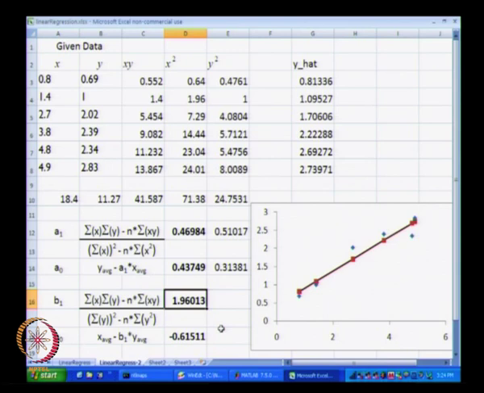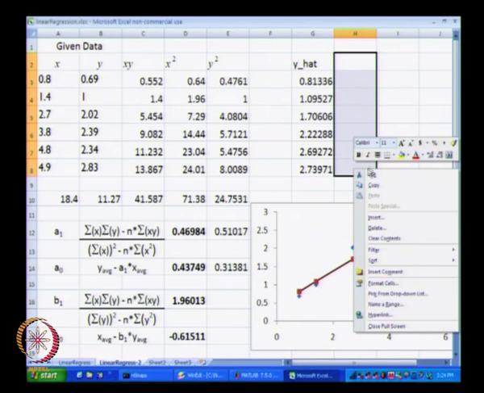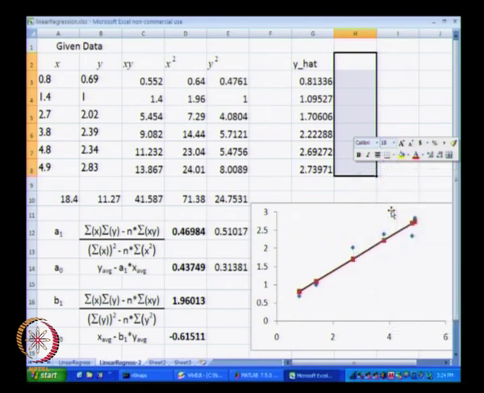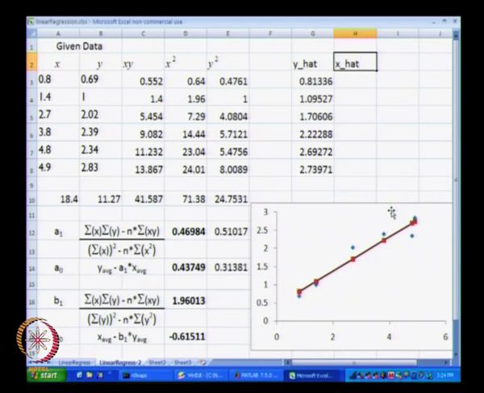This is the value of A0 and A1 that we will get, corresponding to the fitting of, instead of x versus y, we have now fitted y versus x. So, for the given y data, what is going to be the x hat. Again as usual we will just increase the font size before continuing. So, we have x hat over here. X hat is equal to b0 plus b1 multiplied by yi.